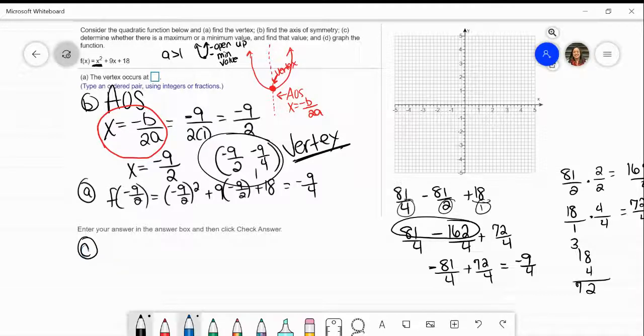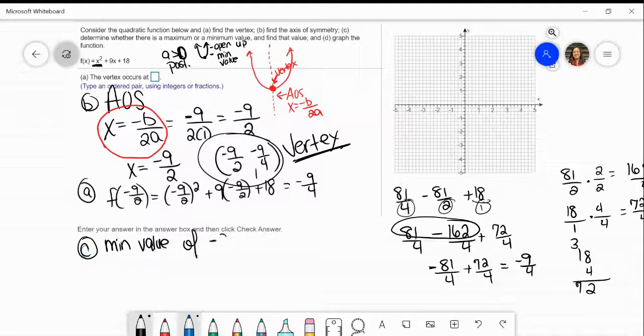So what we just determined is that because my A is 1, I don't know why I said greater than 1. It should be greater than 0. It's positive. Okay, so if my A is positive, then my quadratic is opening up, and I know that that vertex is a minimum. So what I know is that I have a minimum value